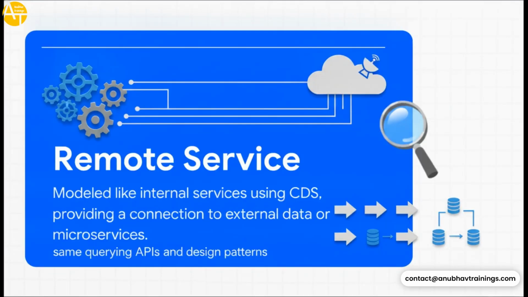Well, the crucial point here is CAP's core philosophy, which is simply, everything is a service. Literally. This means your remote services are treated exactly like your local ones. You just model them using Core Data Services, CDS, just like you would for your own local database entities. This uniformity is absolutely massive. It's what gives CAP its power, letting you use the exact same querying APIs and design patterns no matter where